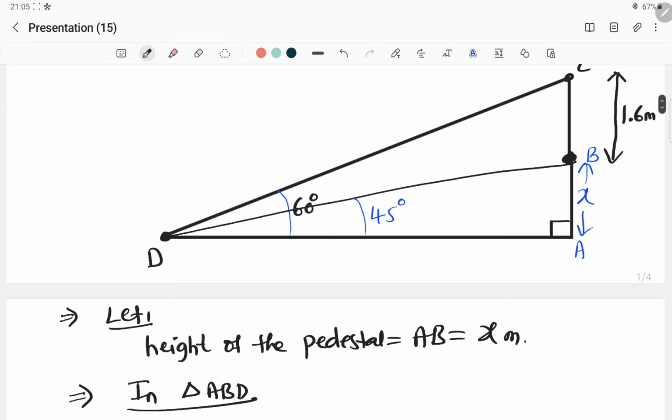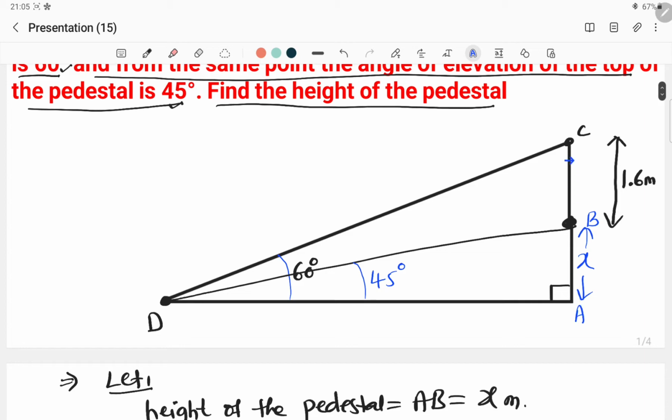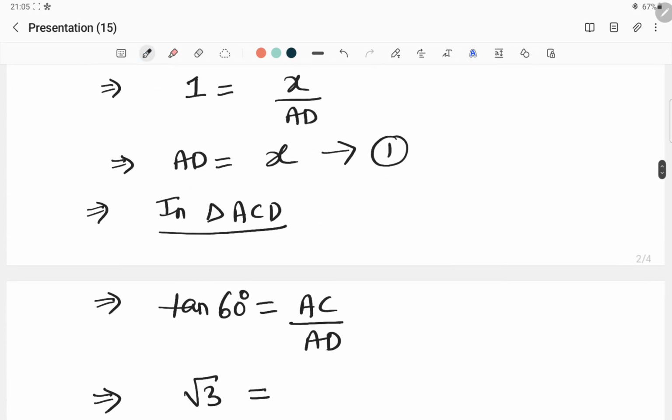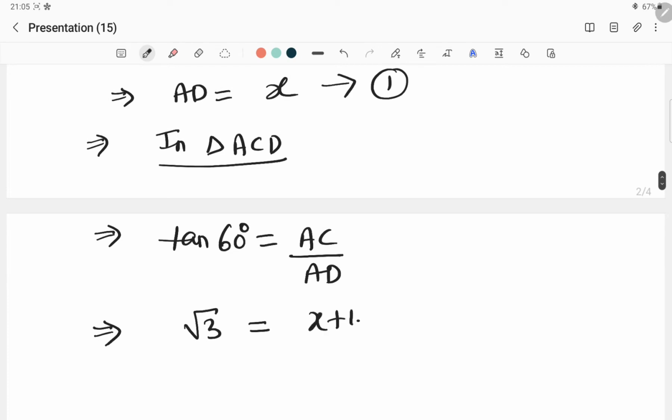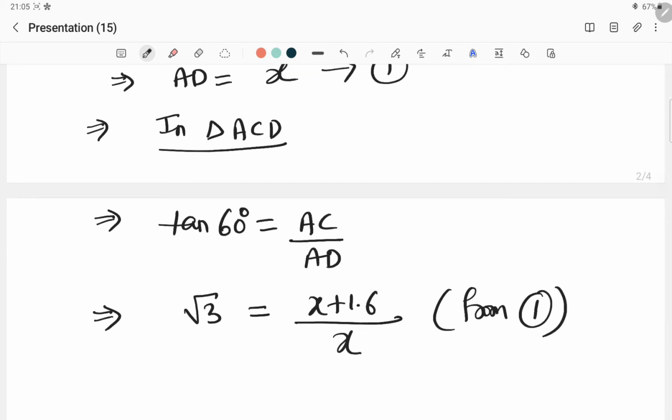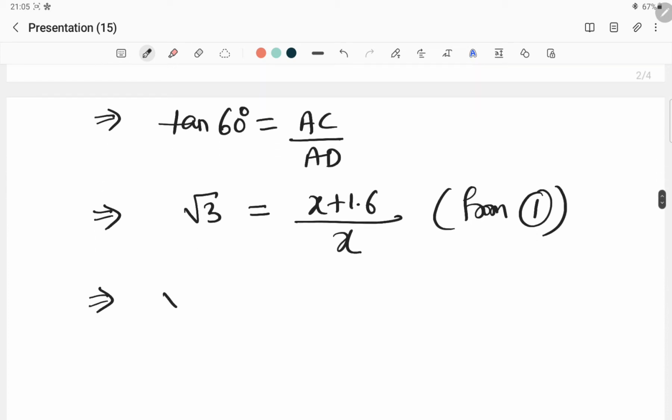What is the value of this AC? Have a look at this AC. So A to C, it is x, and another 1.6. So can I write it as x plus 1.6? Definitely we can write. So AC is going to be x plus 1.6, divided by AD. AD is x here, already we calculated that. We wrote it from equation number 1. Then I'm going to send this x this side, so it becomes root 3x is equal to x